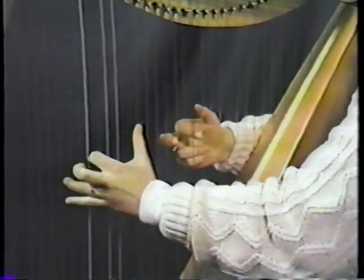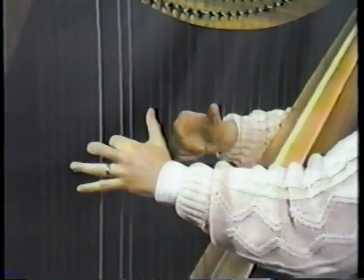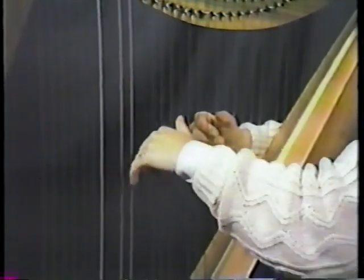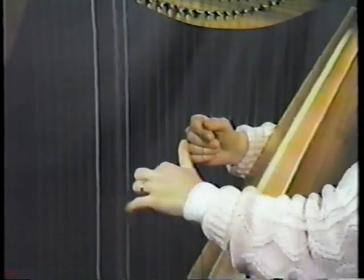And some of the chord techniques I was using was playing broken chords, doing an octave with a fifth in the middle,